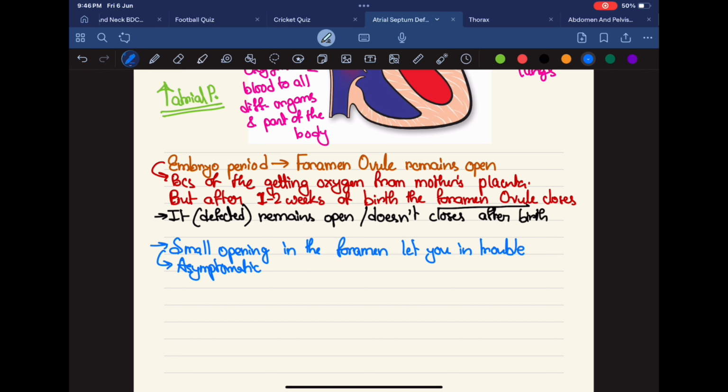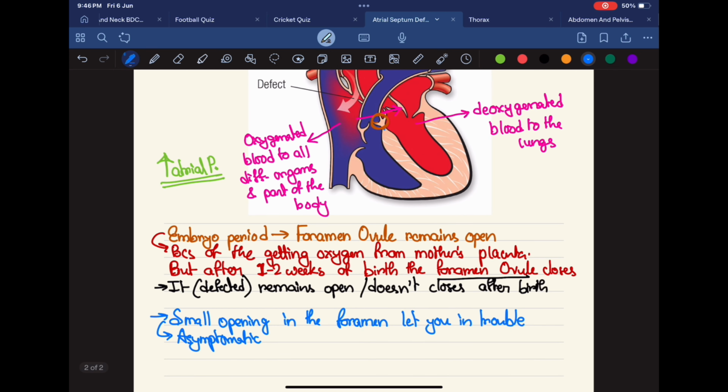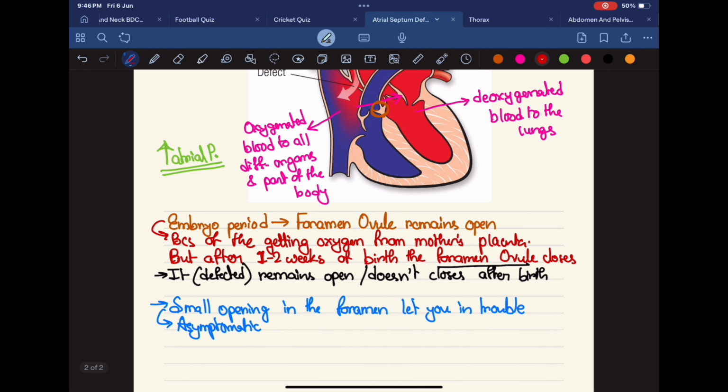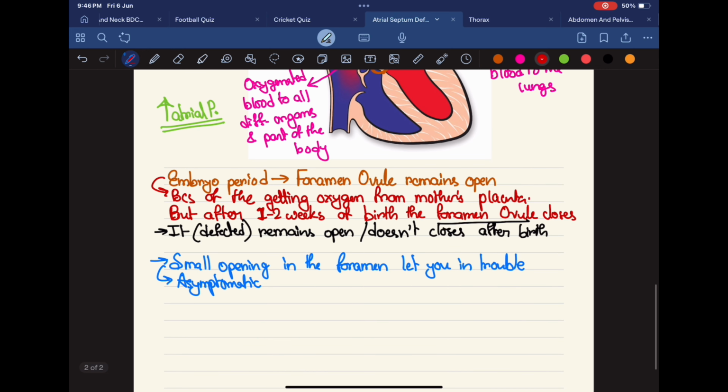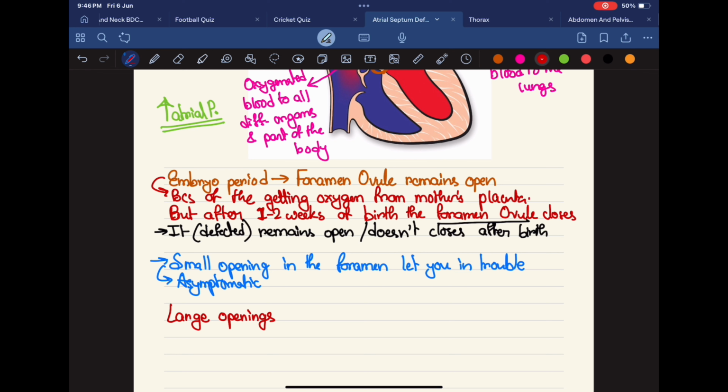And if there are any small openings in the septum secundum area or septum primum area, it doesn't affect the heart at all. But what affects the heart are large openings, which don't close after 1 to 2 weeks of birth,